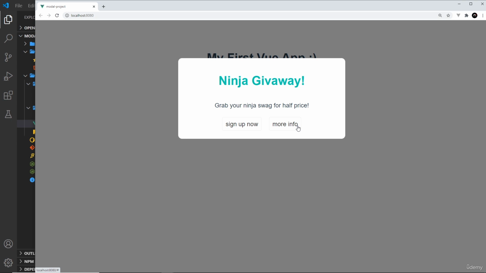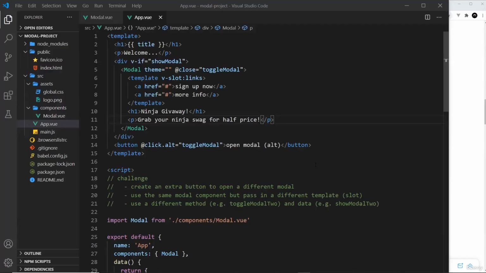Open this up, yep, they look pretty good. So there we go, my friends. That's how we use slots to pass in custom templates into our components. Alright then, so it's time for the next challenge, and this one is going to be a little bit more